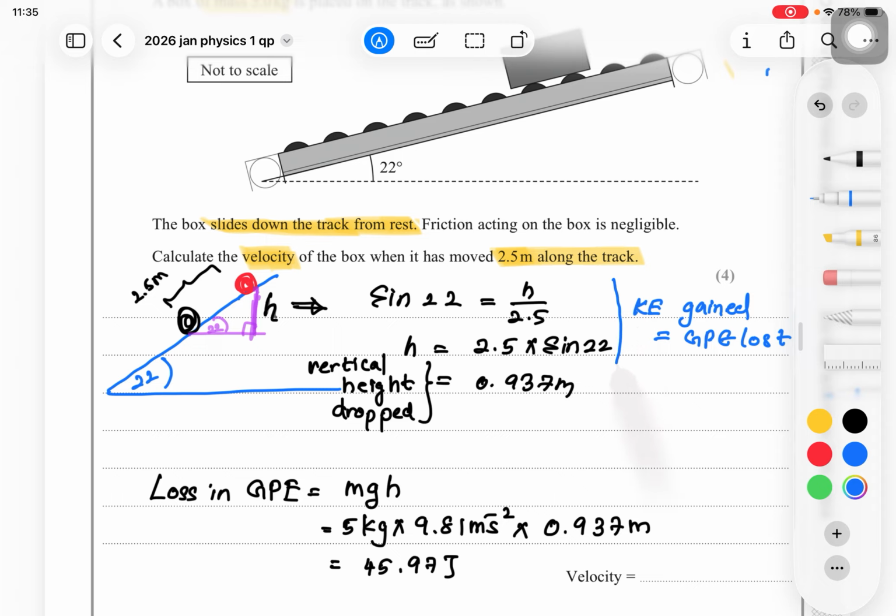We can write it. So we know the kinetic energy is half mv squared, which is our 45.97. So in here, if we make v the subject, it's going to be